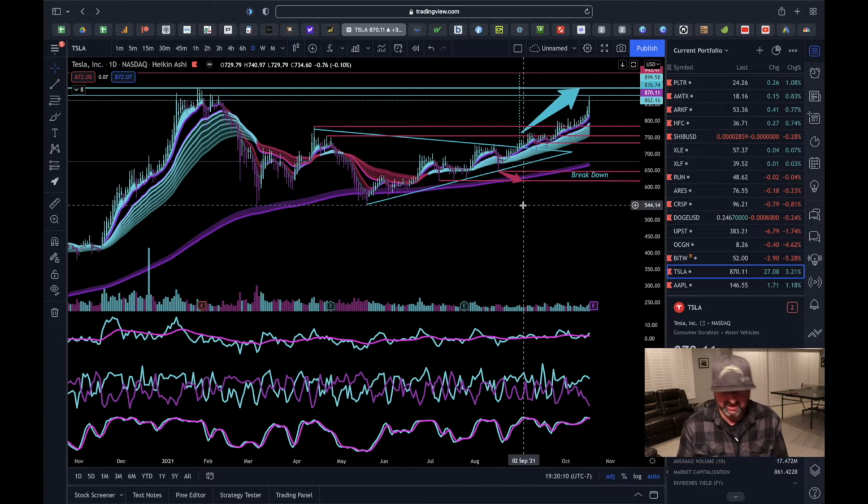So if you watched the video and you caught it on the bounce, you actually are up 14 from there. So any which way you slice it, the picks are solid, the picks are making money, and you definitely want